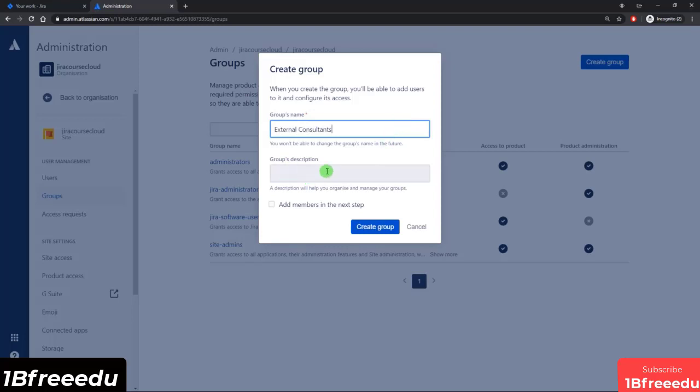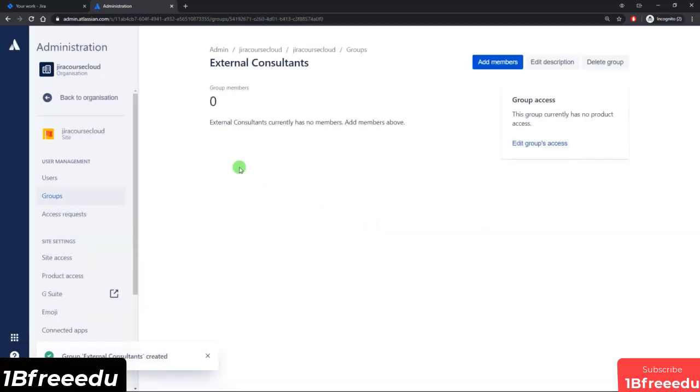You can put in a description if you want, and you can even specify to add the members in the next step, but I'll leave that for now and let's just create the group. Okay, so now we are in the groups page, and obviously there's no one added into it yet, and you can go up here to the top and you can add members, basically users